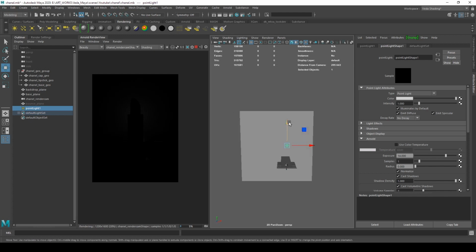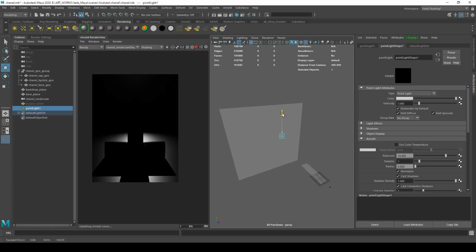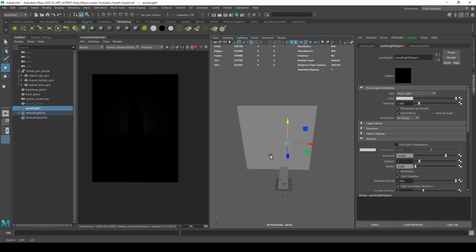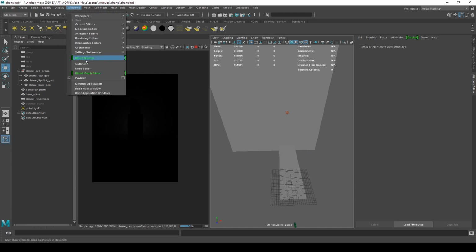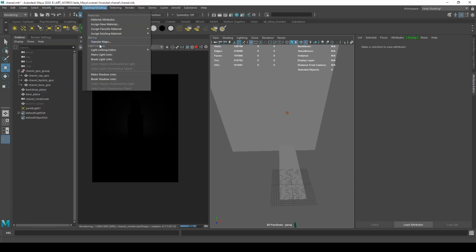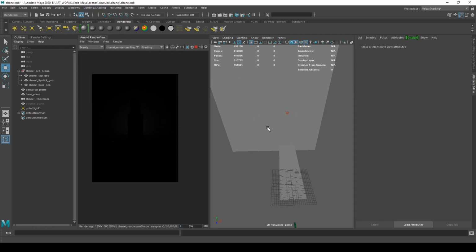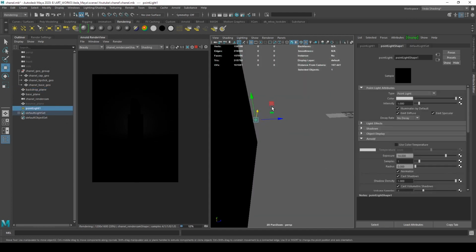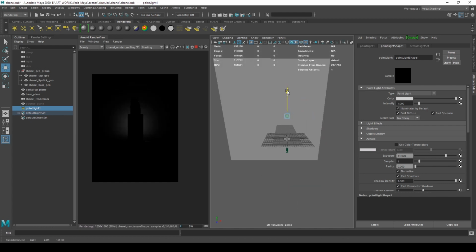So as I'm doing this, I realize that light is being reflected on the plane where the lipstick is actually sitting upon. So what I do now is I use a simple technique called light linking in Maya. Since I know the name of the plane, I go to light linking and select the light and disconnect the base plane. So now I do not get the reflection of the light on the base plane. It affects only the back plane now. I'll try placing it right in the center just to get the symmetry.